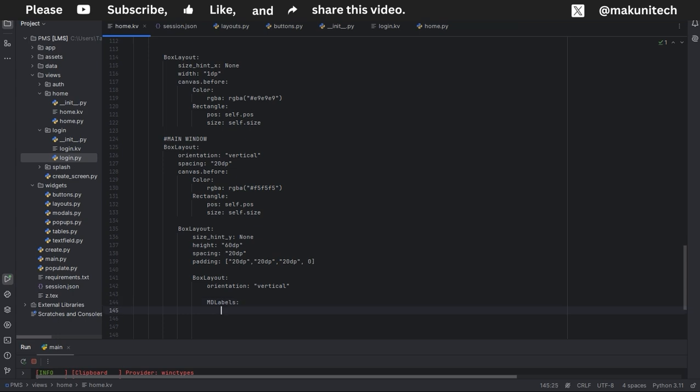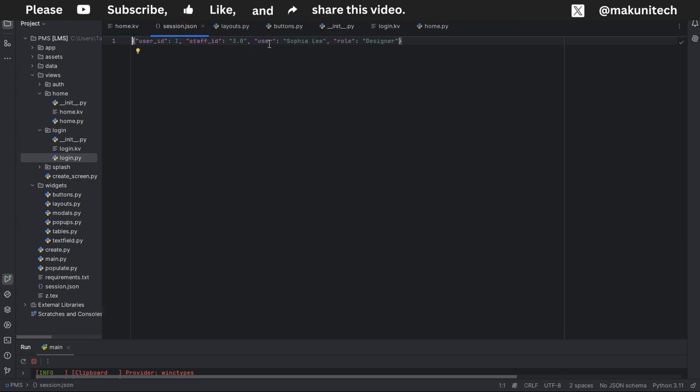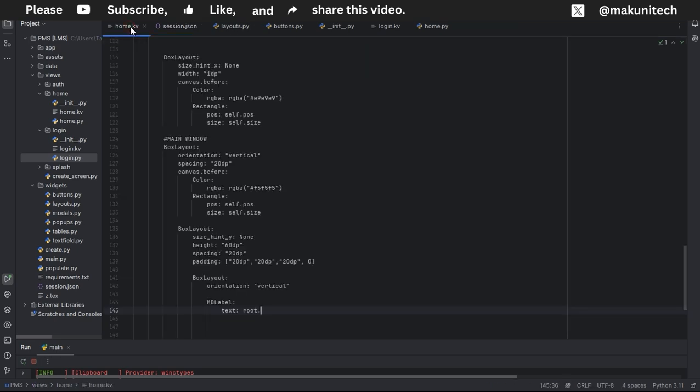So we're just gonna make sure that both of them are gonna take equal space, right? Okay. So let's say text. So our text is going to be root.user, right? And it's going to be raw, okay? Root.user